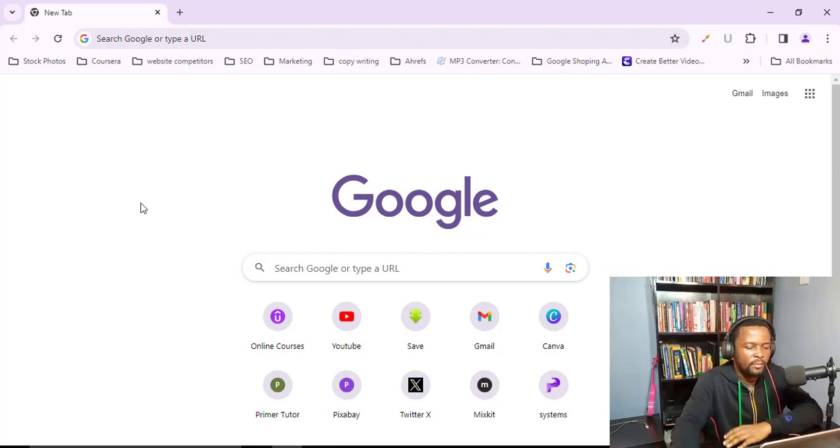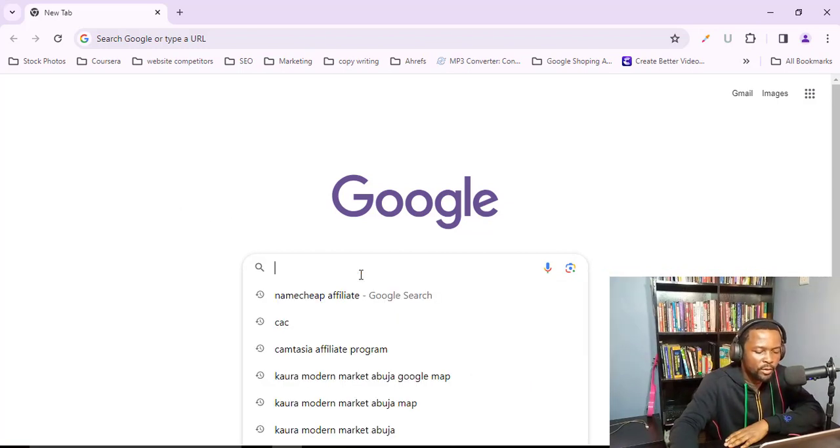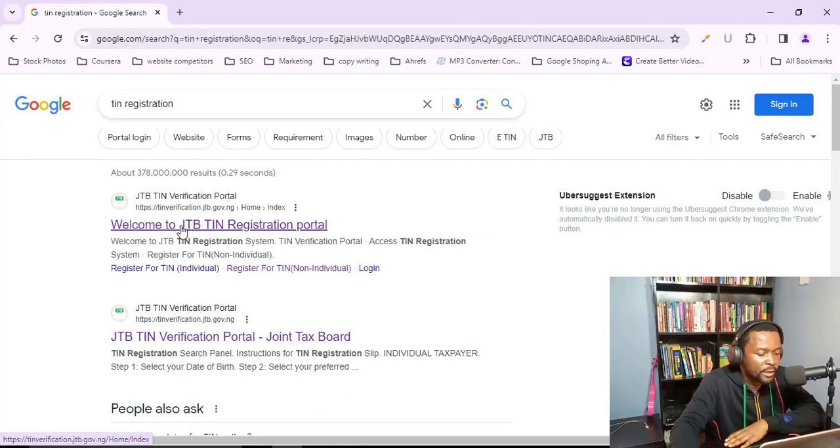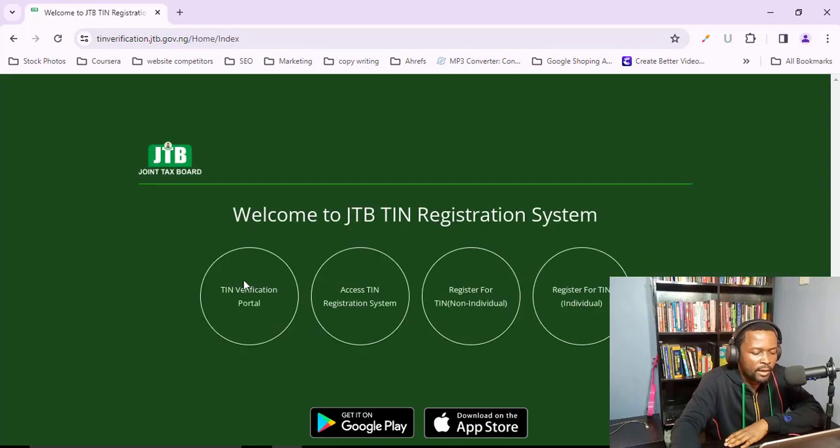So let's get started. The first thing I'll do is to open my browser and then use the Google search bar to type in TIN registration. On the results page, you can see "Welcome to Joint Tax Board TIN's registration portal." So I'll click on that one, and here we have options: TIN verification portal, TIN registration, register for TIN non-individual, register for TIN individual. The one we want here is to register for non-individual, which also means corporate registration. So I'll click on this,